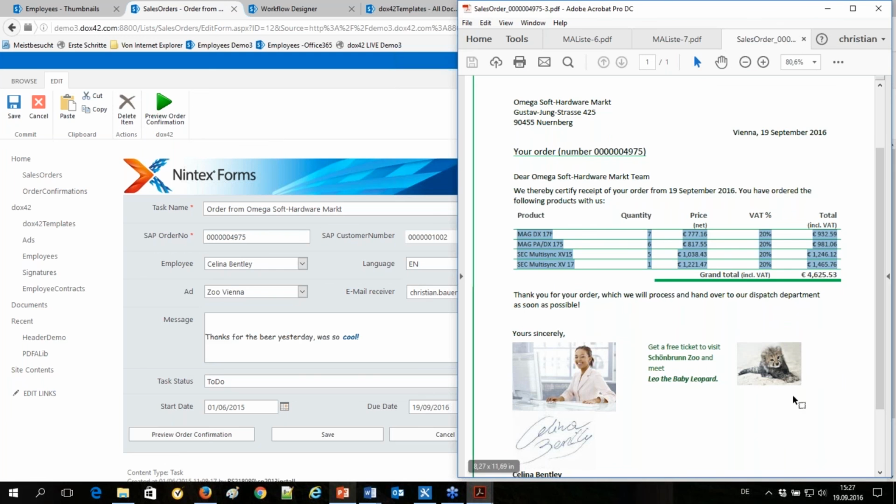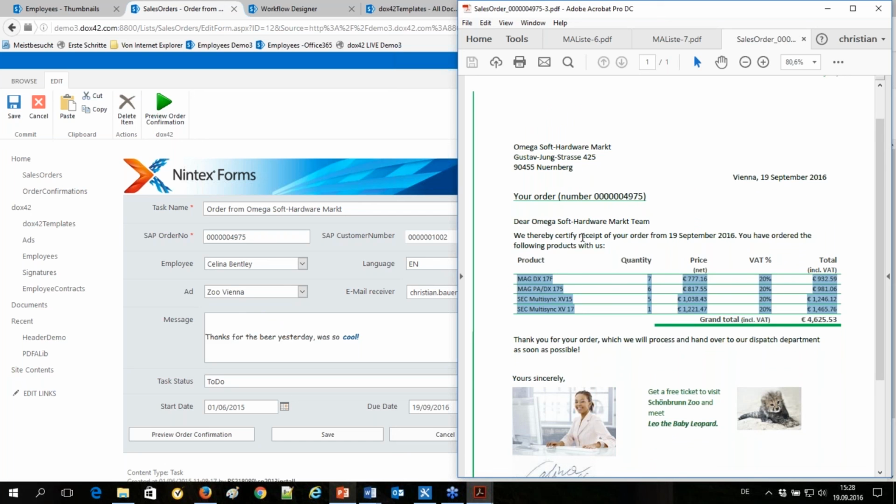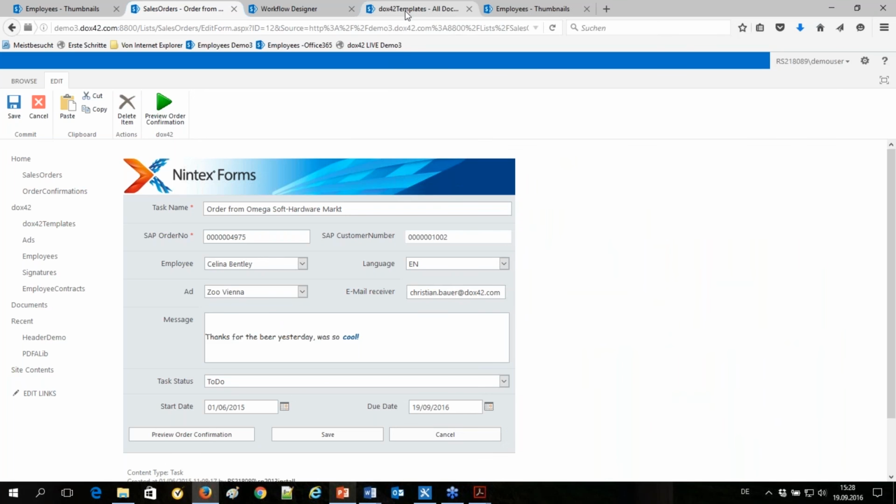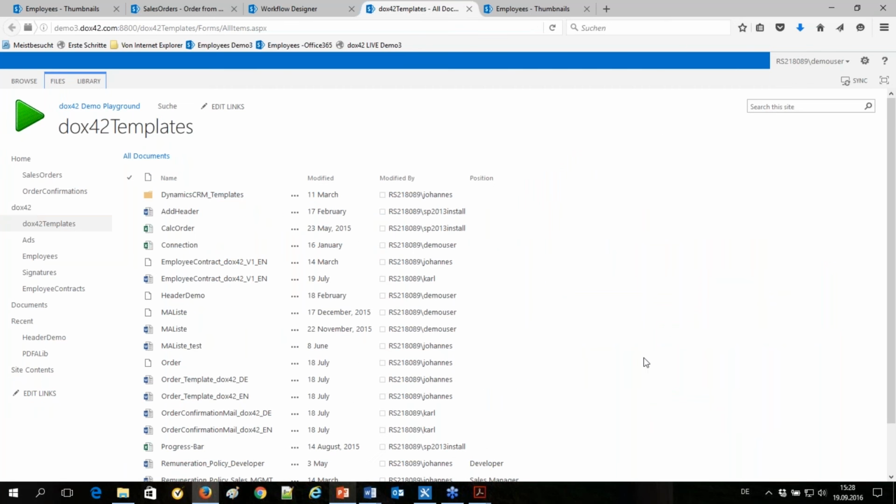The DOCS42 SAP data source can connect to a SAP table. That's an info type. You can put an open SQL class here, or you can call an RFC API, Business Application Program Interface from SAP. That's also possible. You have to state which columns you would like to read, because in SAP there are a lot of columns. You don't need all of them normally.